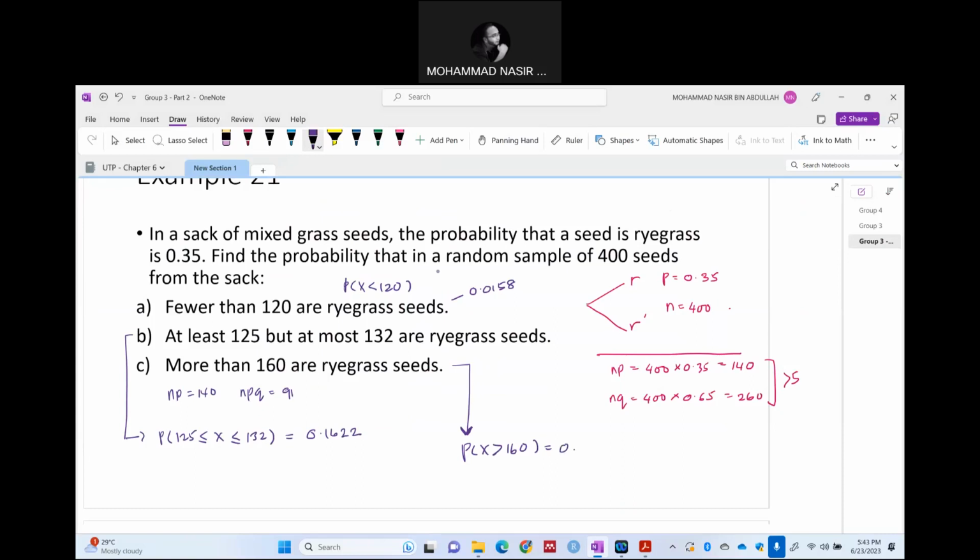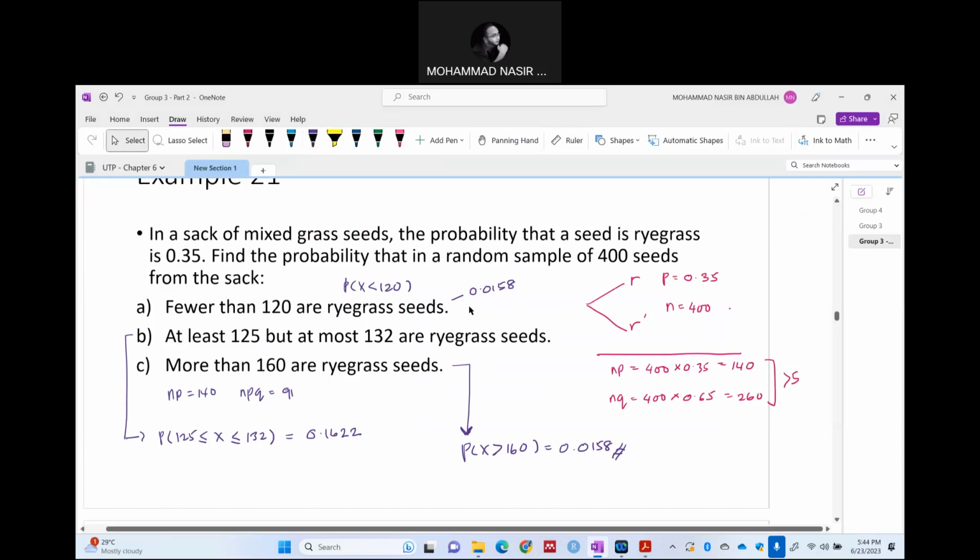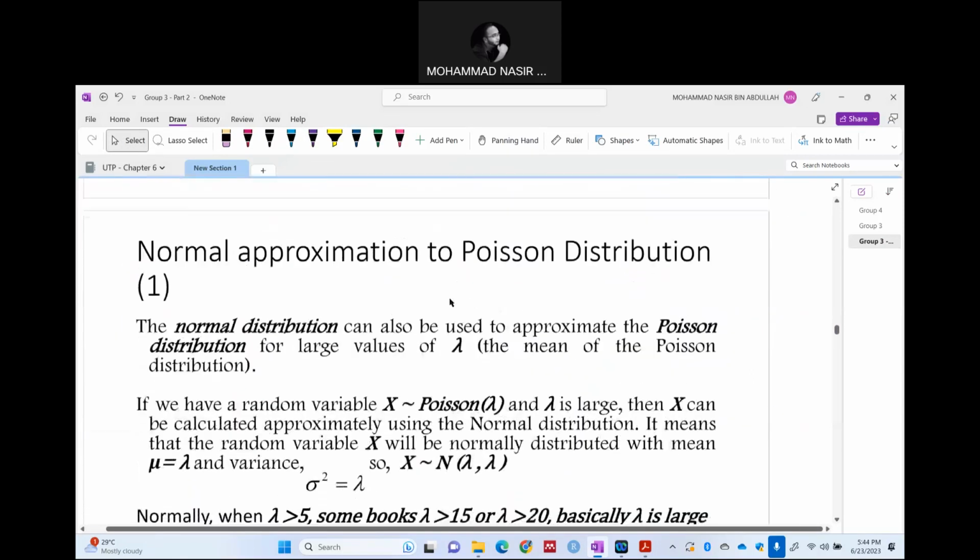This one is 0.0158, right? Okay, good. Can get A already. Right? Okay, everybody done? Right. If you're done, then we can move to the next question, which is the last question for binomial distribution. So you all very fast. Good. So now let's look at example number 22, which is the last